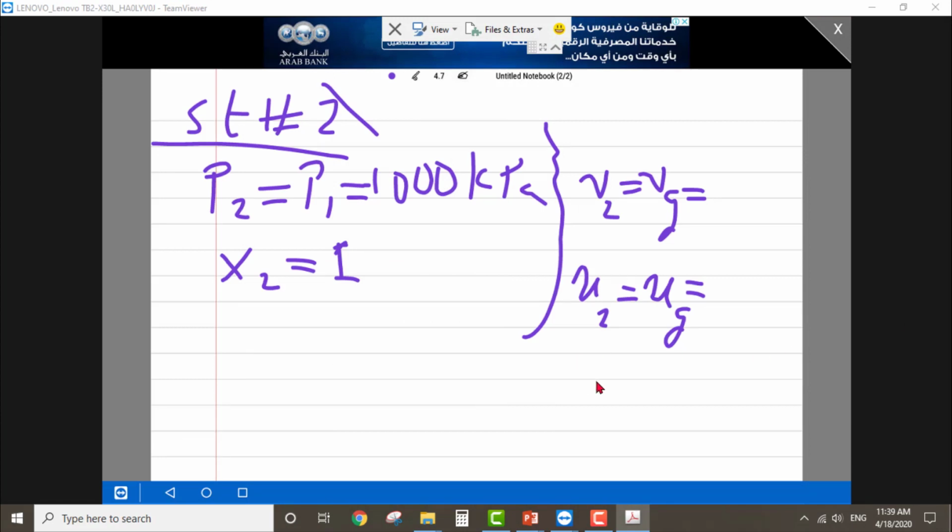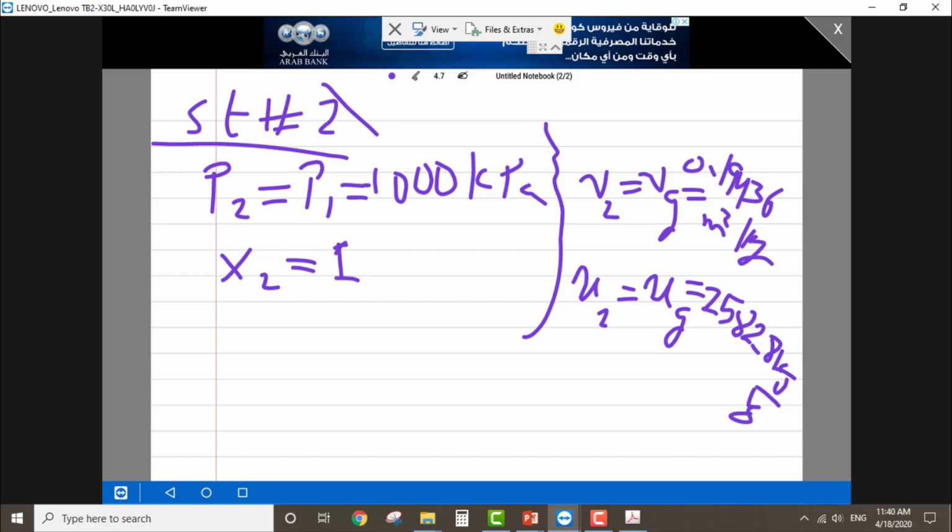Okay, so here I write down Vg equal to 0.19436 meter cube per kilogram, and Ug equal to 2582.8 kilojoule per kilogram. Okay,